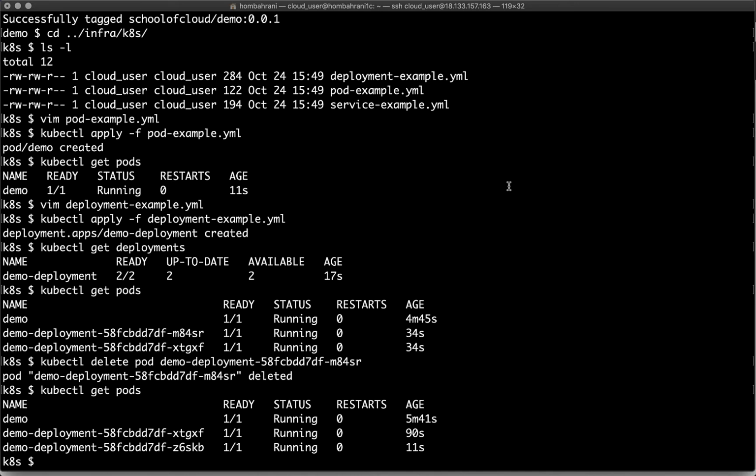So let's now talk about services. It's the third really important concept that we need to understand. So we have a pod with our containerized application running in it. How can we actually make requests to that pod? This is where services come in. A service lets us access the pod in our Kubernetes cluster, and also lets different pods communicate with each other. There are various different types of services, but the main three that we need to know about